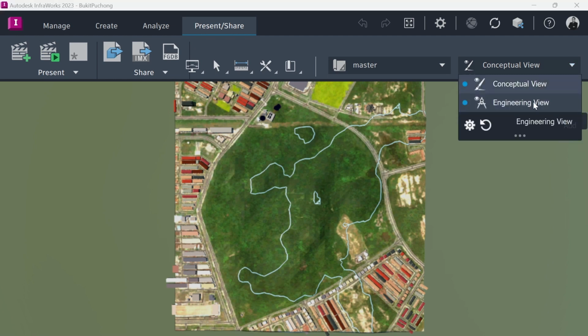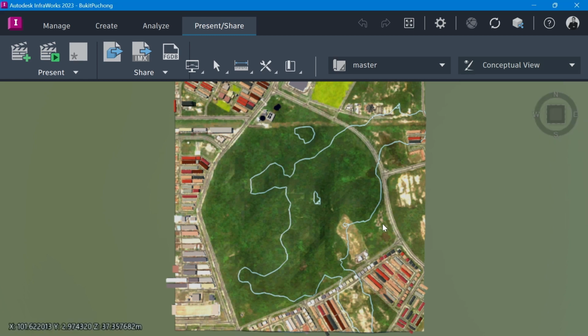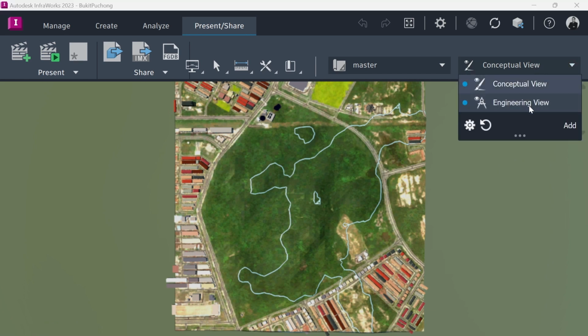In the conceptual view, you will have the shadow, and the rendering is better for concepts. The engineering view gives you the detail. It's not only on the surface, but you can see the underground as well.